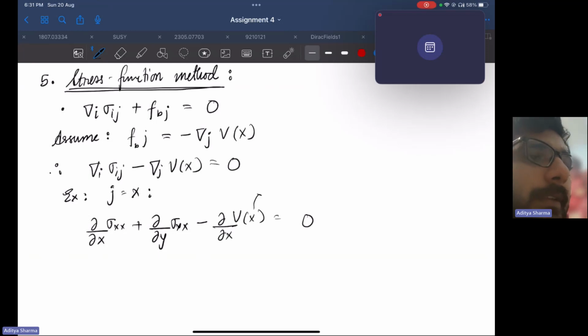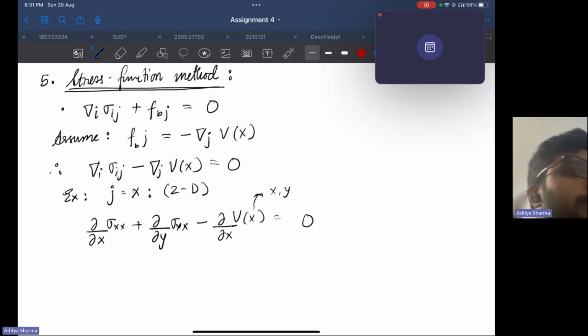The x here is x comma y. Suppose this is a two-dimensional system, for example, 2D. You get this,